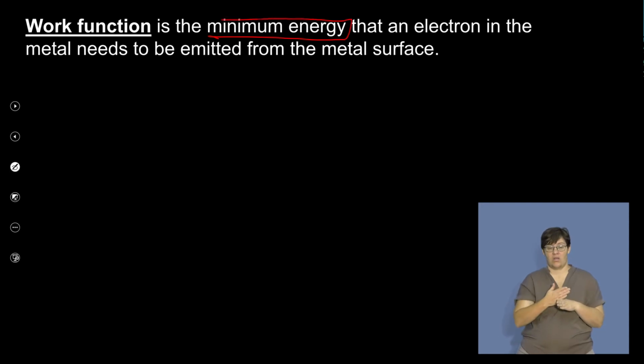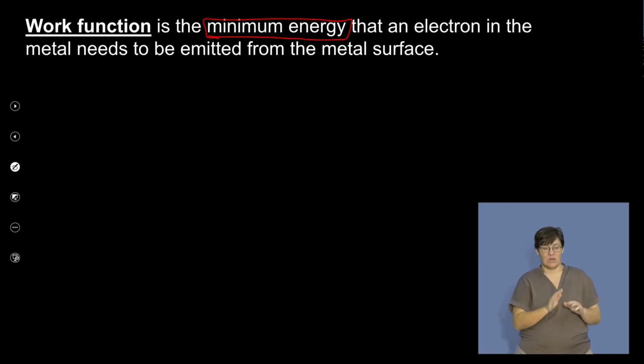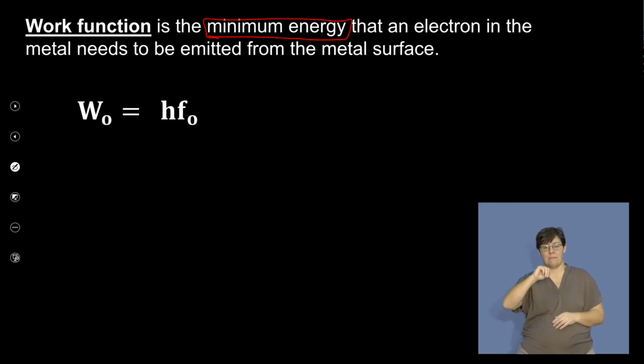Minimum energy that an electron in a metal needs. So if we have a minimum frequency, and now we have a minimum amount of energy, they go together. The energy in light is measured by the frequency of the light, not the amplitude. So work function, now watch, we have an O. It goes with the